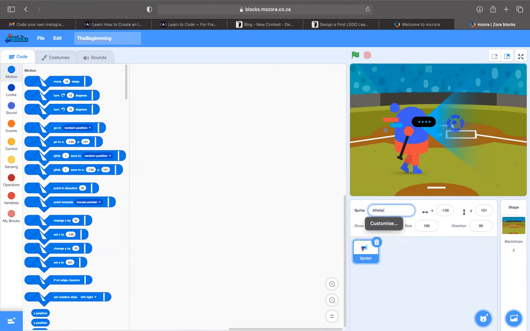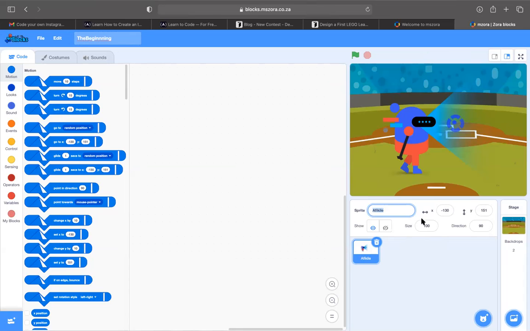I can rename my sprite, but just also something you need to remember. Your sprite will always have that name only for this project that you are working on. When you start a new project, this sprite is going to be called by its default name, which is going to be Sprite1. It is only ever going to be this name when I open the beginning project again.